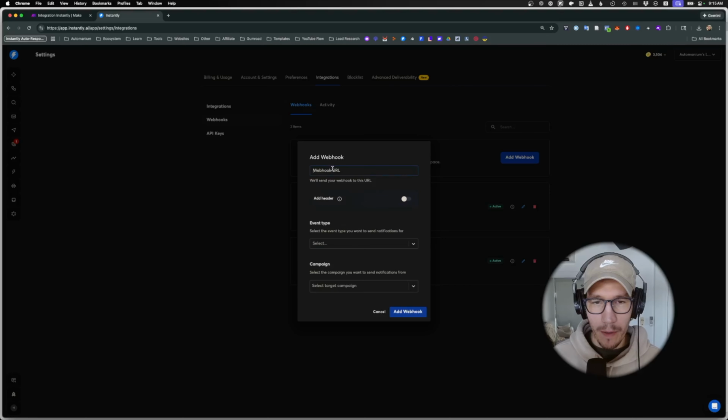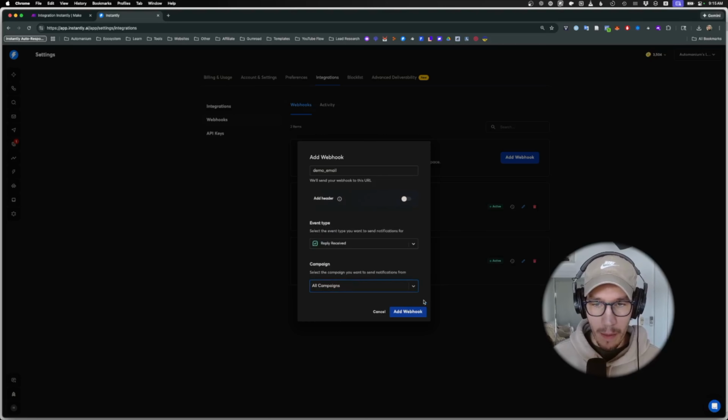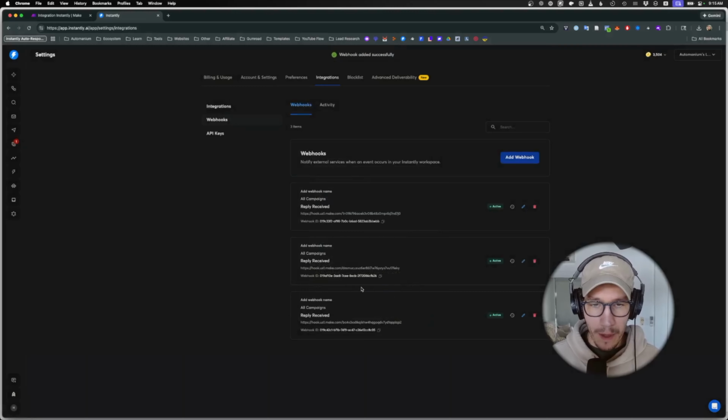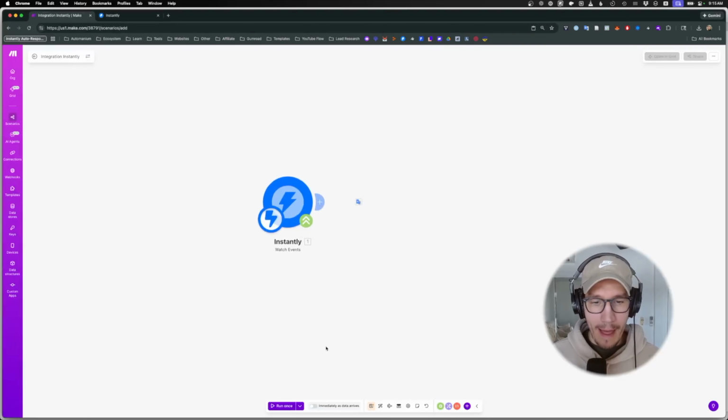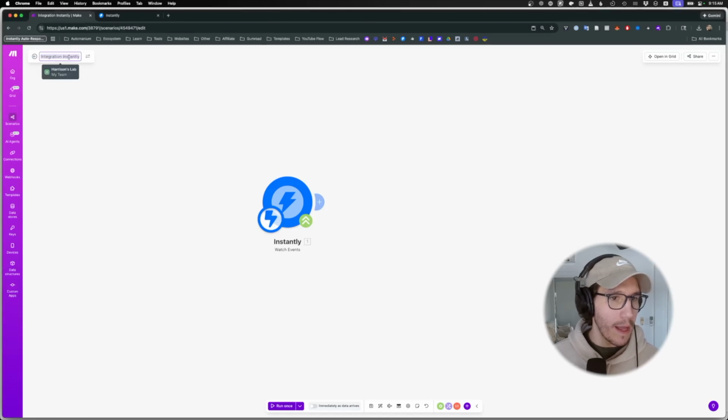Click add webhook, demo, email, subject, email, I think it's reply received. Great, campaign, all campaigns, add webhook. There we go, that's the webhook there. Okay, add webhook. Great. And so we have a demo reply webhook, and that should be great and dandy. Let me rename this to Instantly